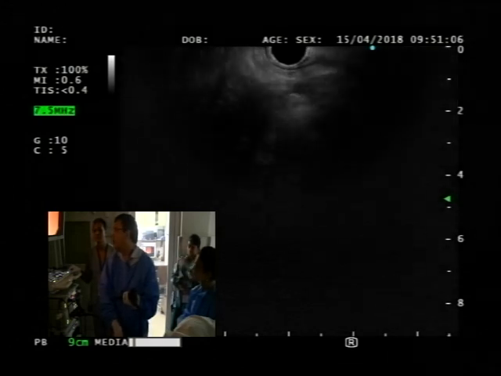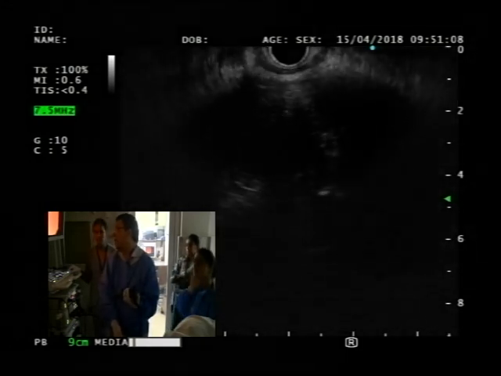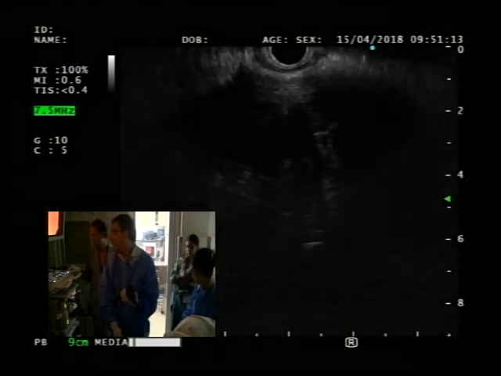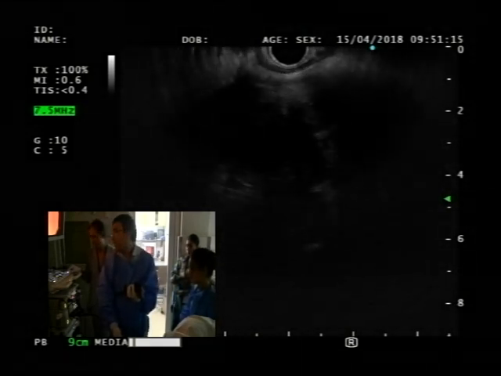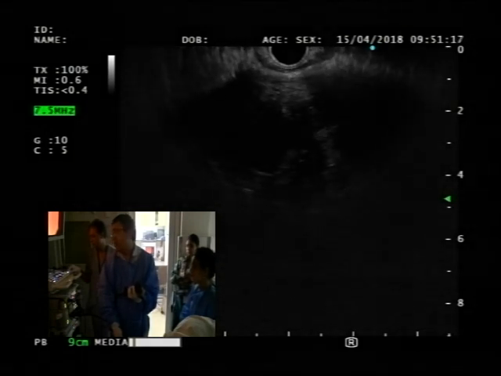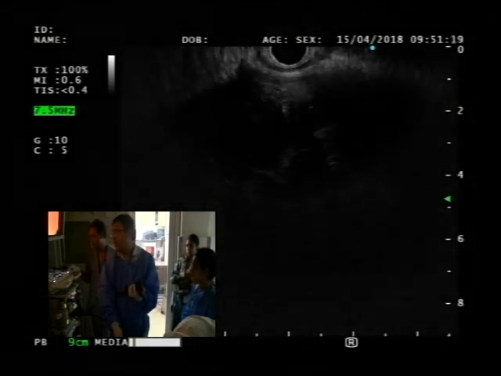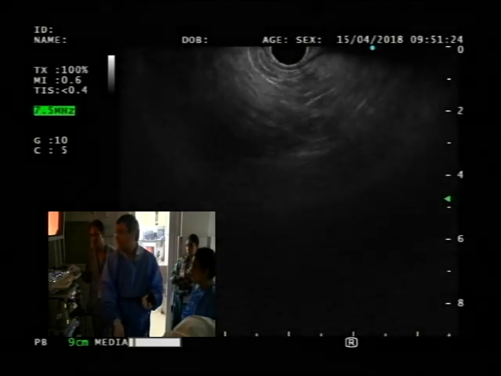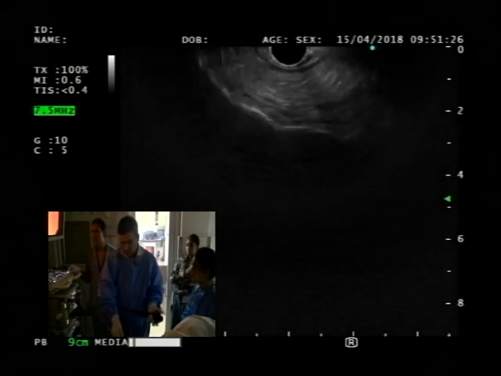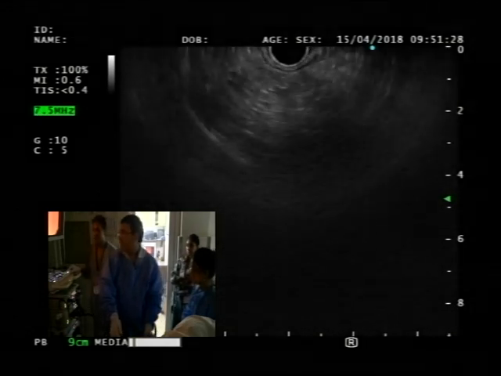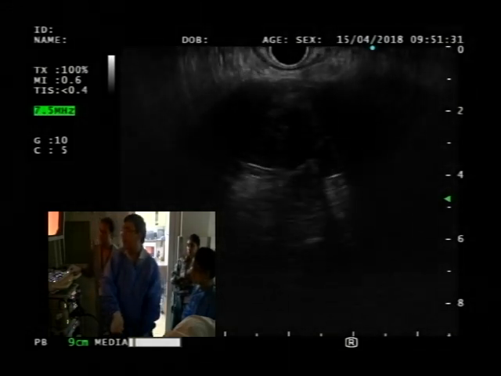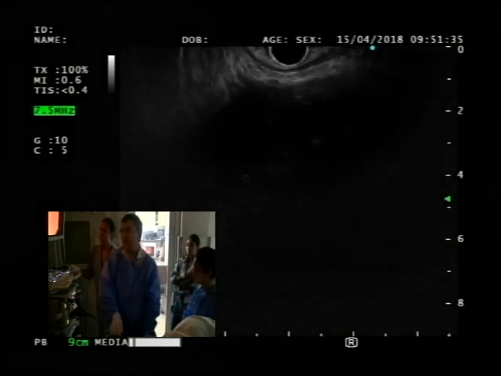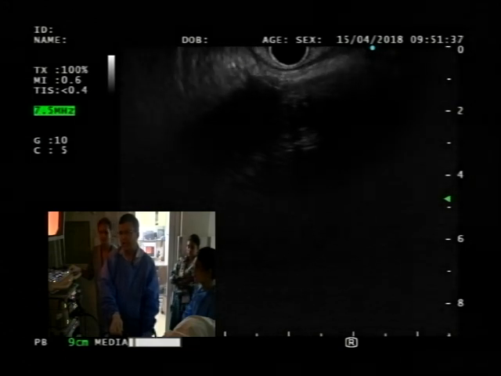This really should be done with the radial. But I went around a complete 180 degrees from here. Look at my scope. I don't know if you can see my actual scope or not. Can you see that? Yes, we can see. Okay, so look at that. I'm right here. Now I'm rotating my scope, staying in that same area. Look how the scope is going down. So scope going down under, I get back to the same structure. You see that? Yep. So it's 180, and that's how you do a really full circle examination